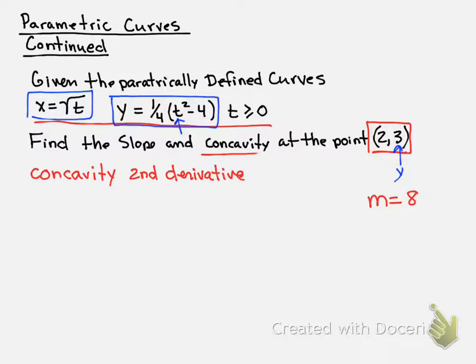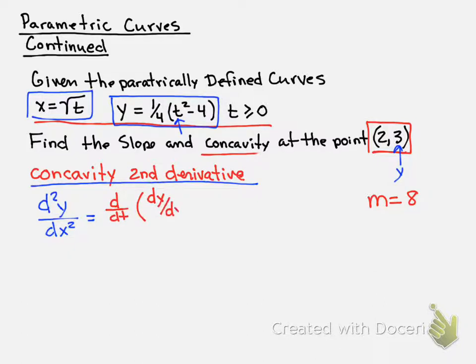So we still need to find the concavity, and concavity, we can be reminded, in AB calculus comes from the second derivative of a function. It's the same with parametrics. So we need to figure out how we are going to find the second derivative of y with respect to x. And the way this is written helps us: we are going to take the derivative with respect to t of our slope, which was dy/dx,